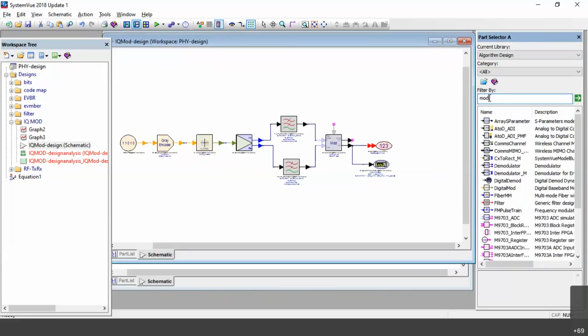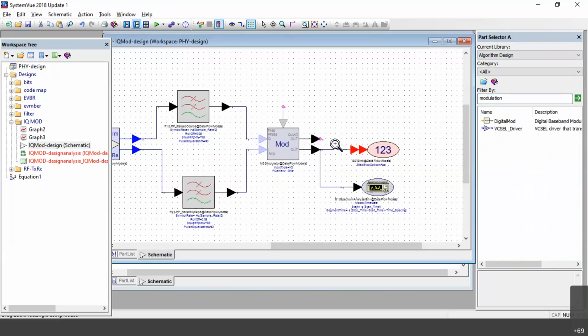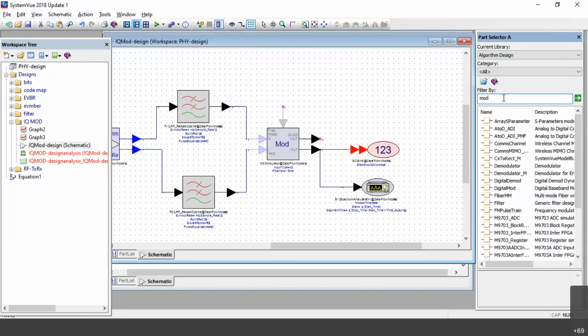Again we have got one for digital modulation.